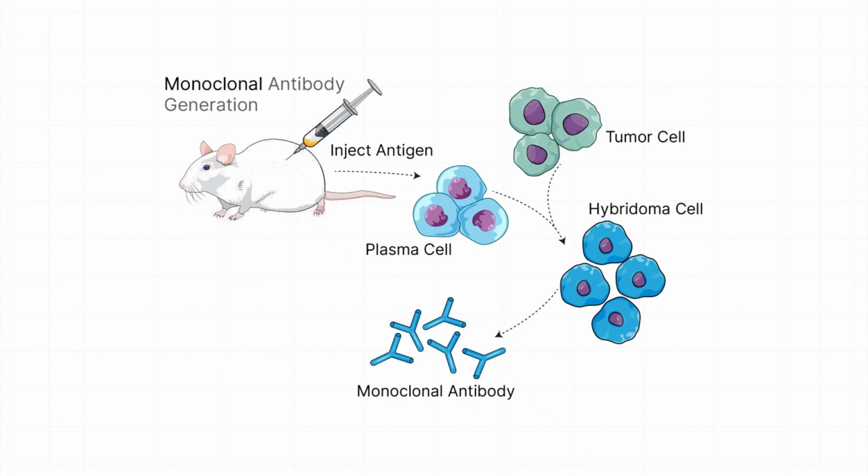Cell fusion is a relatively random and inefficient process. So the outcome of mixing produces several types of cells. So we have unfused myeloma cells. We also have unfused B cells, myeloma fusions, B cell fusions, and most importantly, B cell-myeloma hybrids, which are the hybridoma cells we want. So in the diagram, these are the blue cells labeled hybridoma cells, shown as a growing cluster.